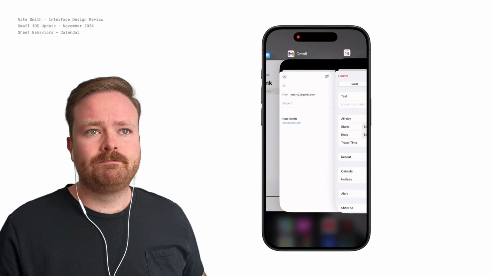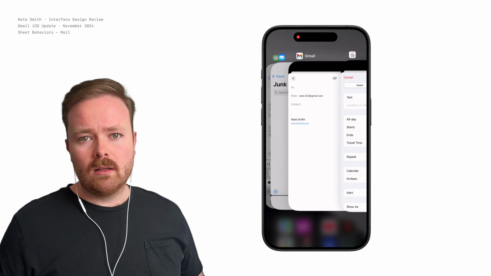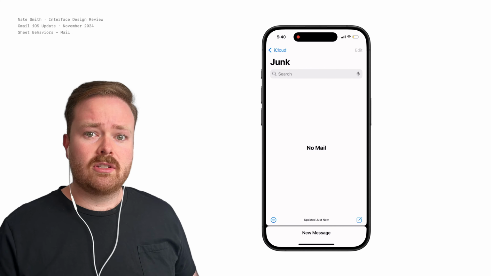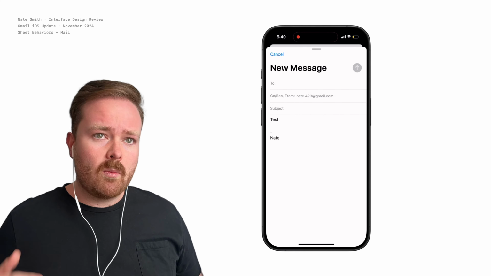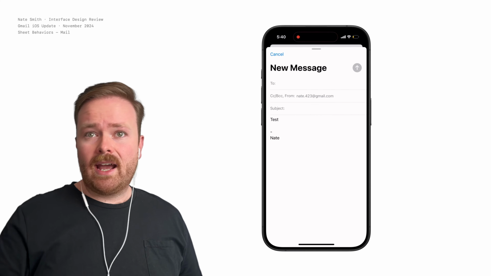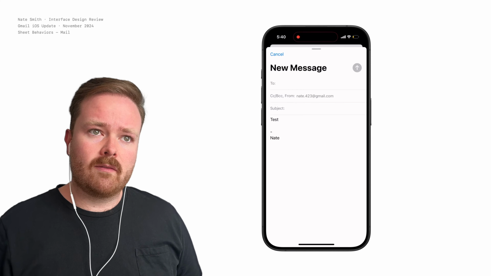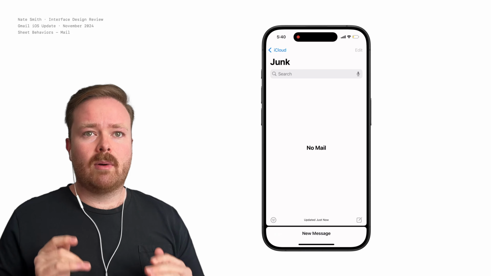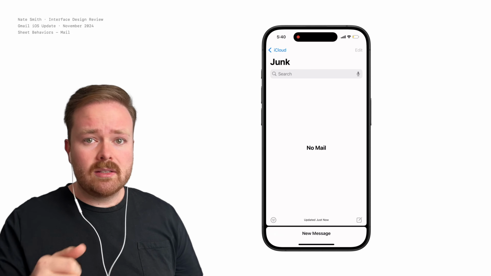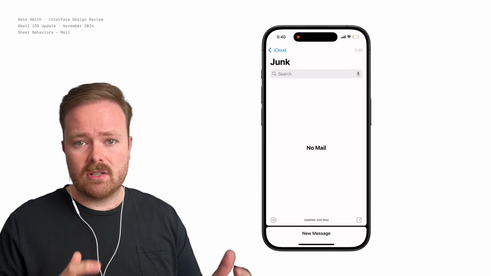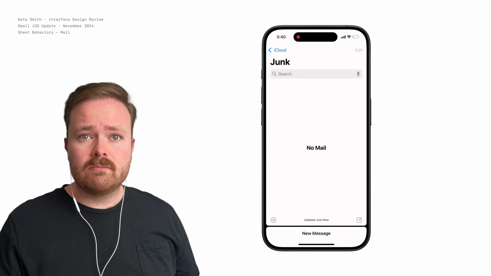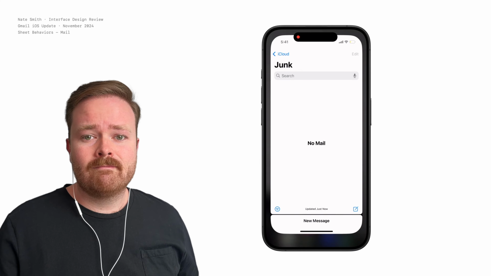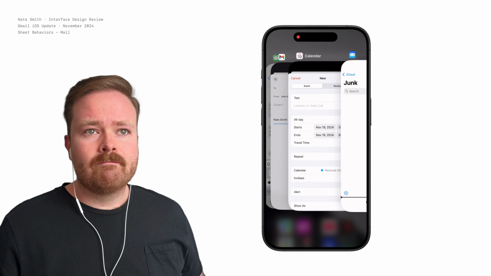Let's look at one more example. Apple Mail, a few years back, introduced this custom behavior on their sheet, a sort of modification on this native page sheet, where when you have it pulled up, you can actually swipe it down to dismiss without any confirmation. But then, instead of totally going away, it's actually just minimized at the bottom of the screen. This way you can temporarily browse around your emails and then come back to the sheet whenever you're ready. This is a pretty clever solution and a really good example of how different teams solved a similar problem in a different way. So let's go back to Gmail here.